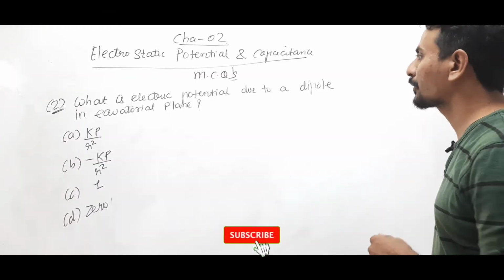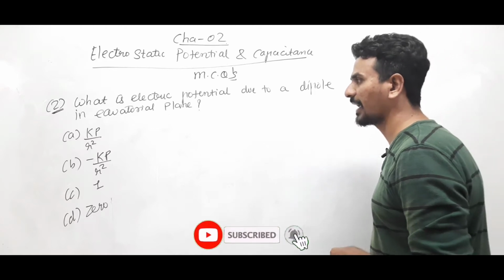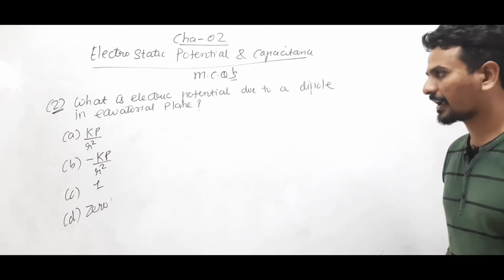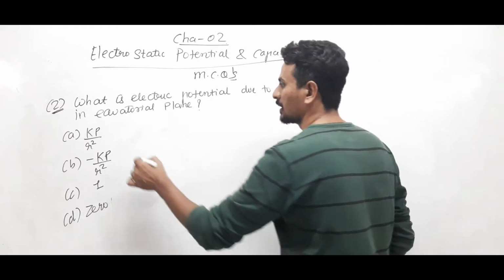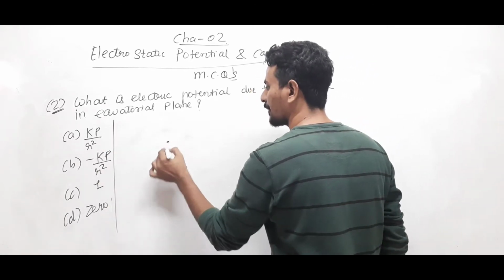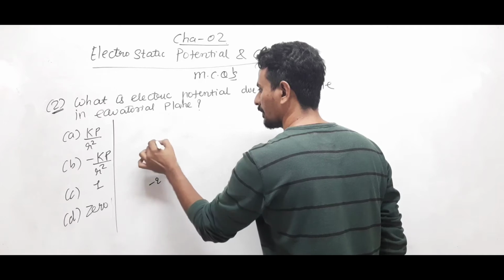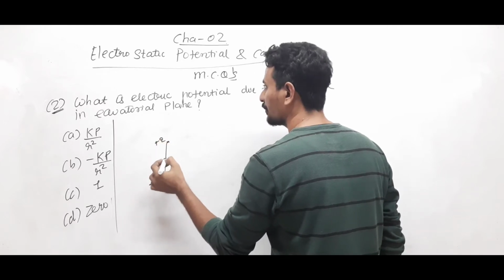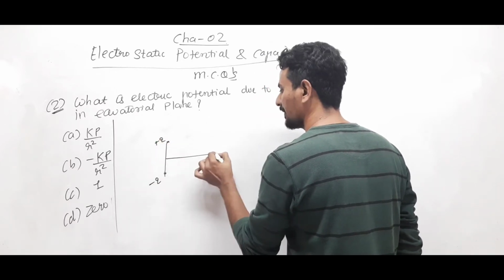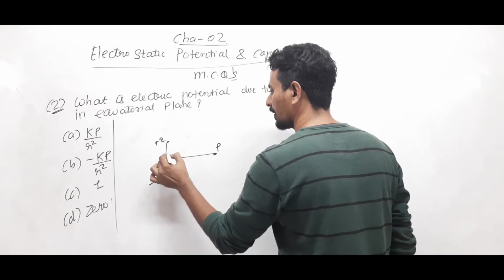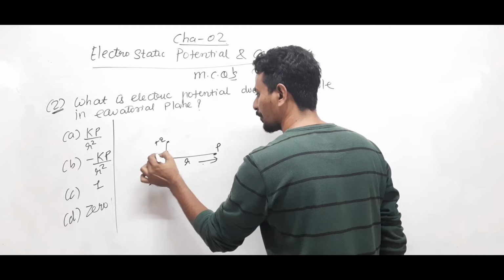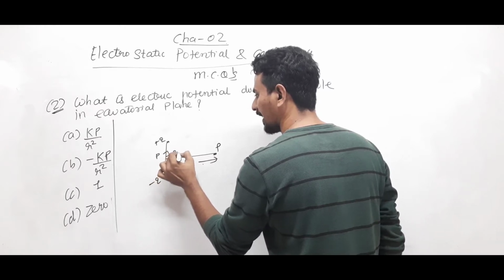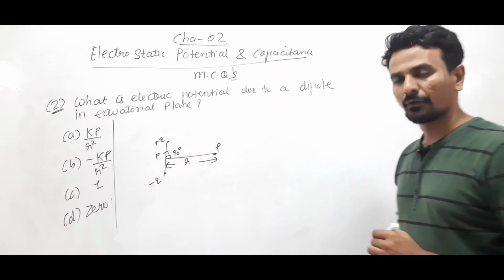The second one. What is electric potential due to a dipole in equatorial plane? Okay, equatorial plane, that means perpendicular to the dipole. That means if this is your dipole, they are asking you to calculate potential somewhere here. This is the equatorial plane, right? Let this distance be r, the dipole moment is p, the angle is 90. Okay, so from the formula